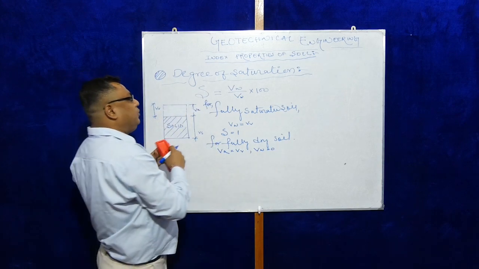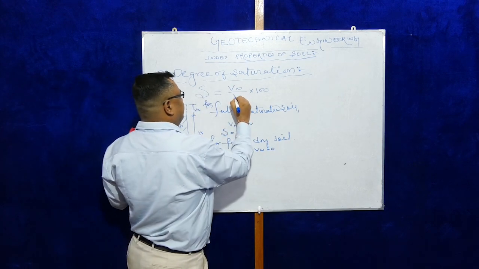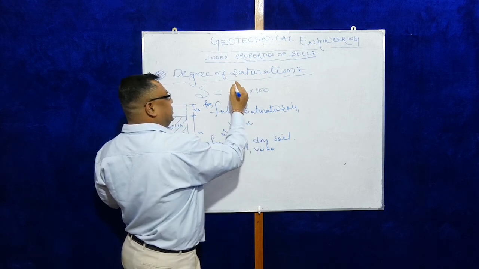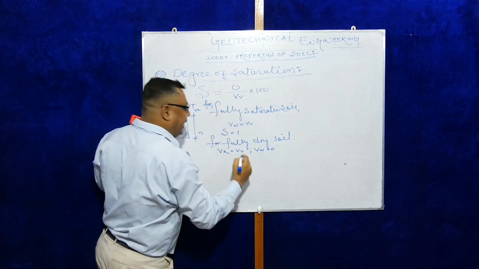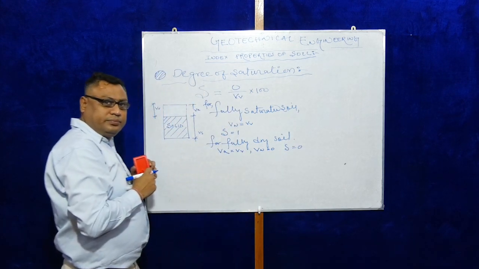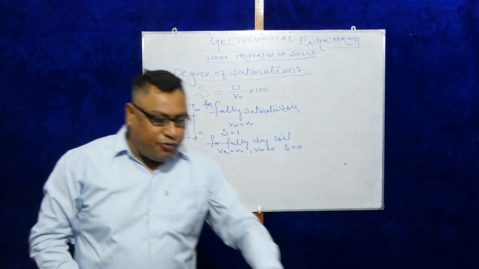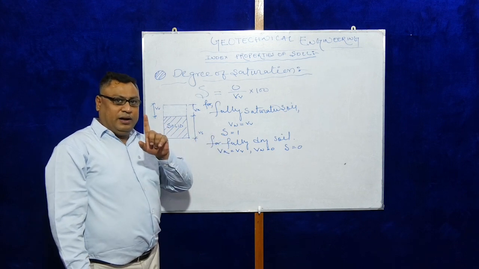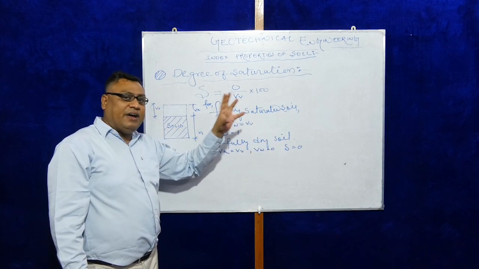As VW is equal to 0, put the value 0 in this equation, S is then 0. For fully saturated soil, the value of degree of saturation is 1, and for fully dry soil the value of degree